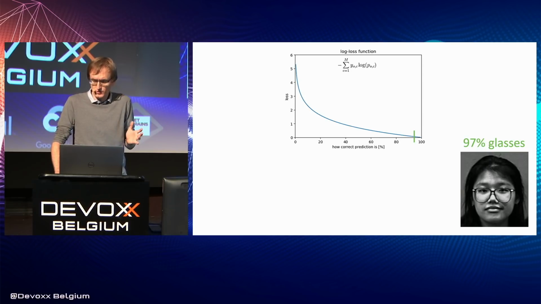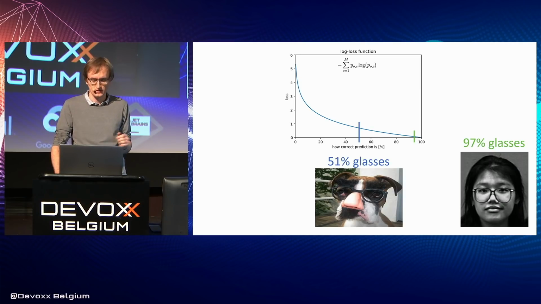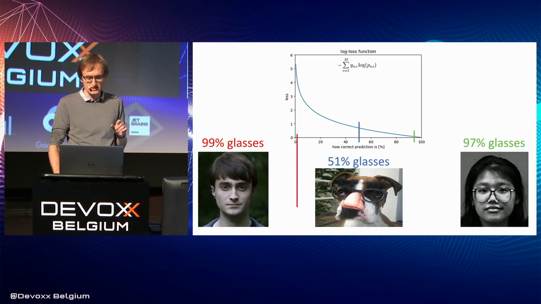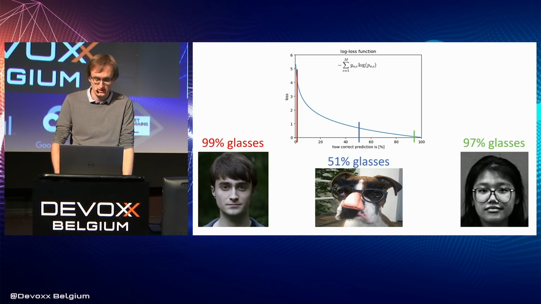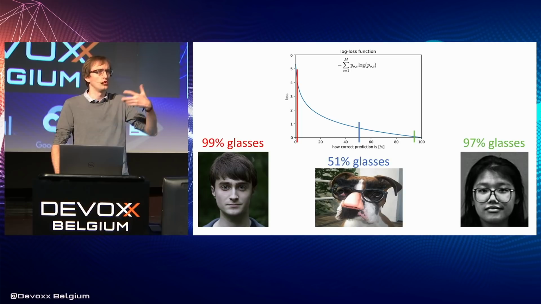In another example, for some reason, our detector was really confused, and while it was still correct, the loss here was much greater than for the lady. And finally, when our detector sees Harry Potter, it is 99% sure he has glasses, and however sympathetic we could be for this decision, the loss is huge and unforgivable. So we have our metrics defined as accuracy and cost, so we need to load the data.